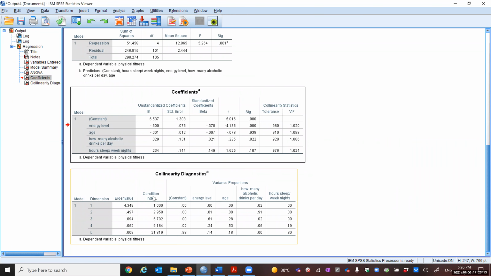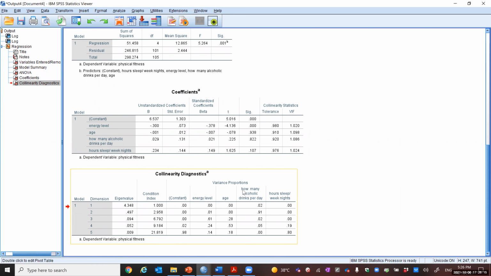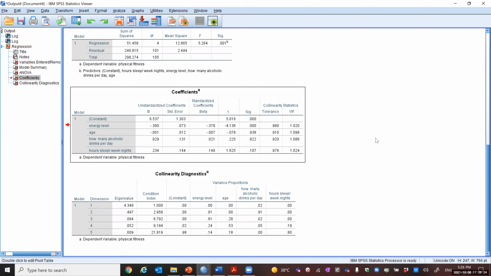Okay, no need to look at this because these are the details of the collinearity diagnostic. Summaries you have here, you only have to look at tolerance and VIF values. So tolerance should not be less than 0.1 and VIF should not be greater than 10. Okay, so this was about,